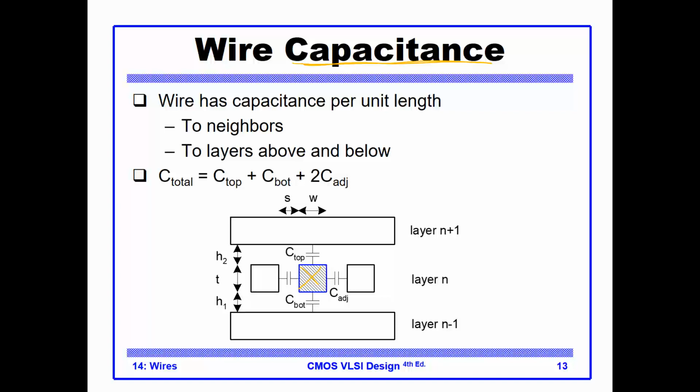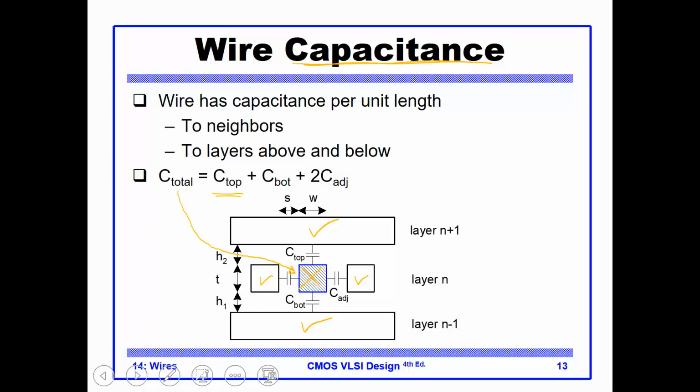And this wire has two neighbors, this neighbor and this neighbor. And also this wire has a neighbor on top and a neighbor on the bottom. The total capacitance for this wire equals